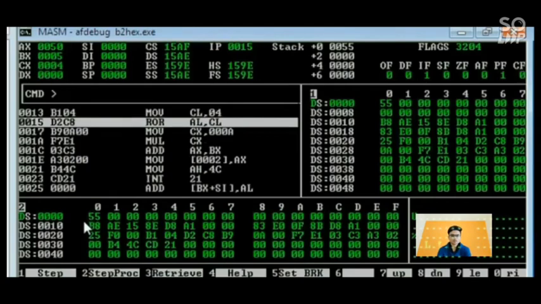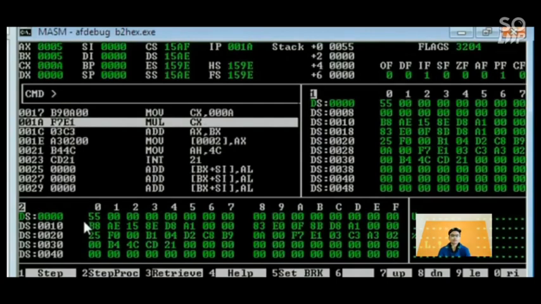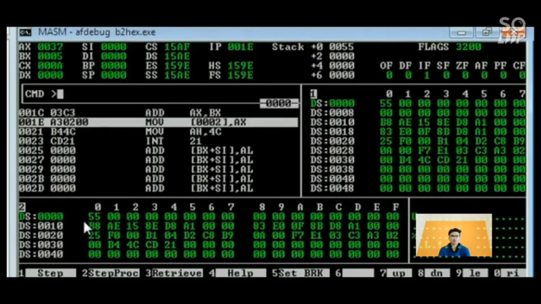We are ANDing with 0FH to get the lower nibble, and to get the upper nibble I AND with F0H. Use count 4, which is loaded in the CL register, and rotate the content of AL 4 times to get the 0th position. Then load 0AH to the CX register, then multiply with the AL content. The result will be stored in the BX register and we add it with the AX register. Finally, the result will be stored in bin, that is specified in the data segment as 0002. So our output, the equivalent hexadecimal number of BCD number 55, is 37.